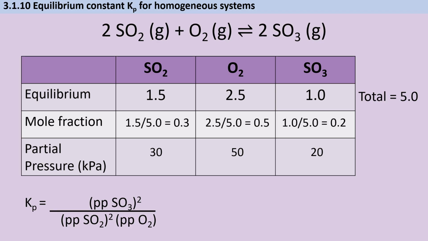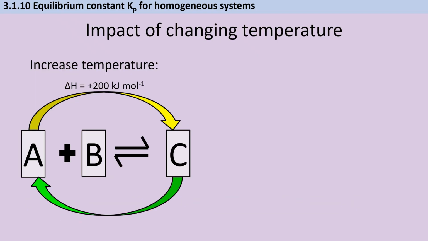Remember, if they ask you to write an expression, they mean write this thing for Kp, including the names of the reactants and products in there. And then I can substitute in my numbers, and then I get a value and I can work out my units like I did before. Just like you did with Kc, you should be able to describe how changing temperature affects the position of equilibrium,